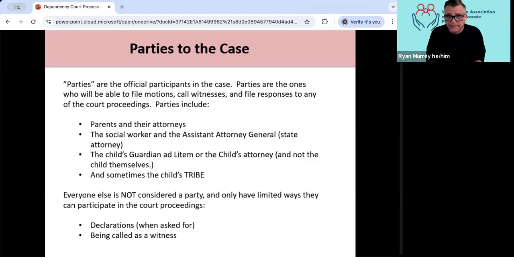Parties include parents and their attorneys, the social worker and the assistant attorney general, who represents the state. So those two are kind of a team. The child's guardian ad litem or the child's attorney, but not the child themselves. And sometimes the child's tribe, if the child is Native American.